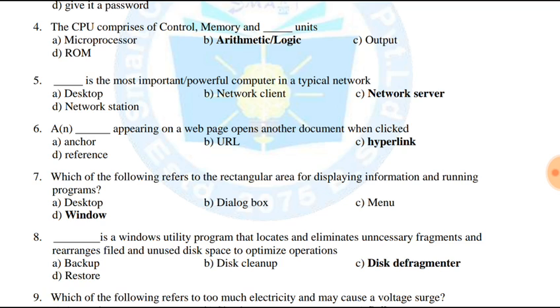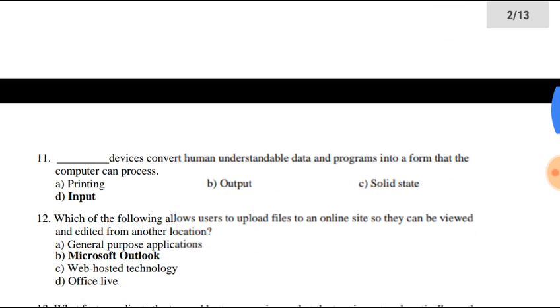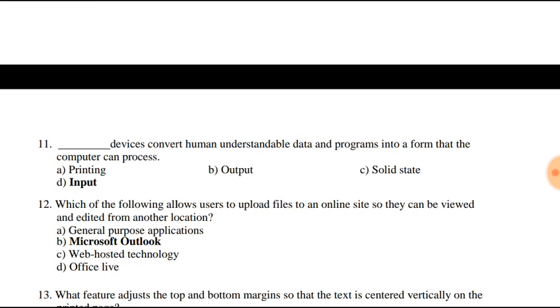to optimize operations. The next question is, which of the following refers to too much electricity and may cause a voltage surge? Spike. The next question is, the software that is used to create text-based documents are referred to as word processors. The next question is, input devices convert human understandable data and programs into a form that the computer